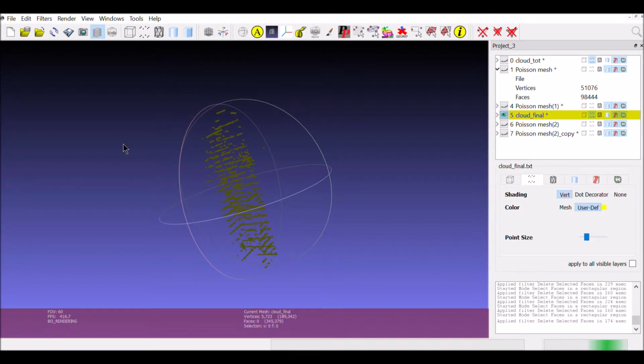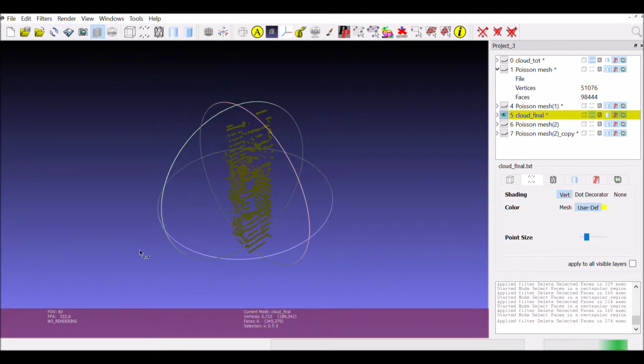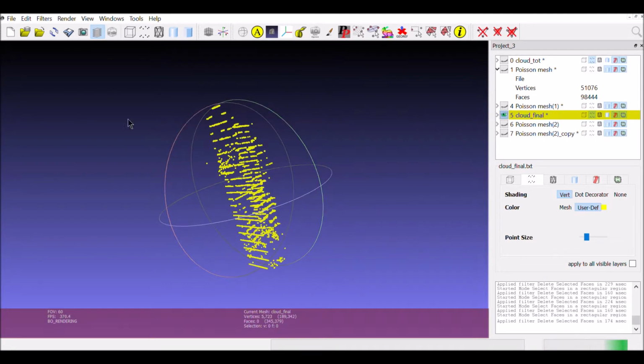So now in MeshLab, we have imported the mesh, as you can see here. And first we need to create the normals, and we will set this value to 1, and then we can create the Poisson surface reconstruction. We'll use a value of 15 here, and that will give us